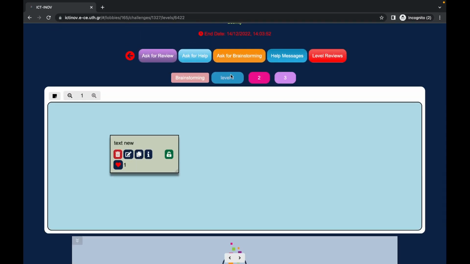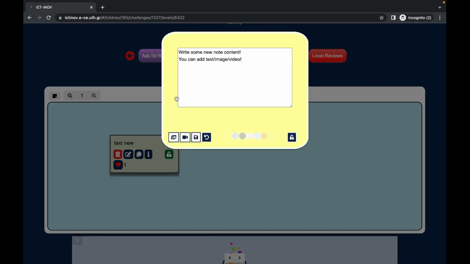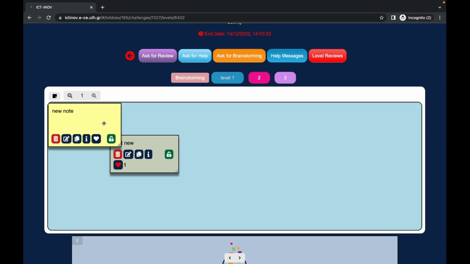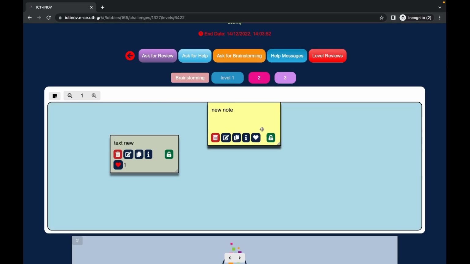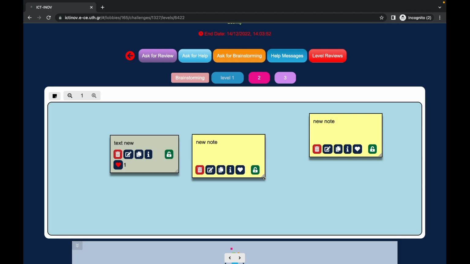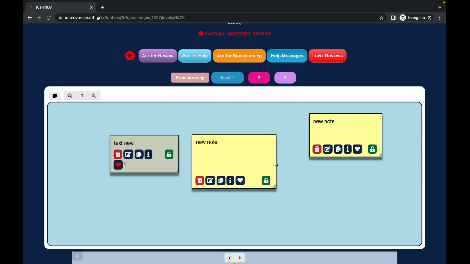Of course, we can also add new notes, copy them, move them, resize them, etc.